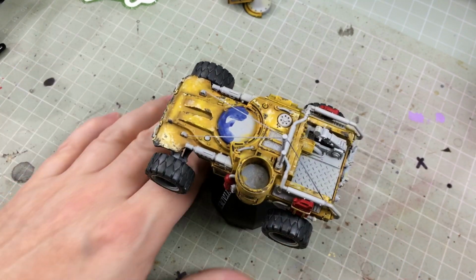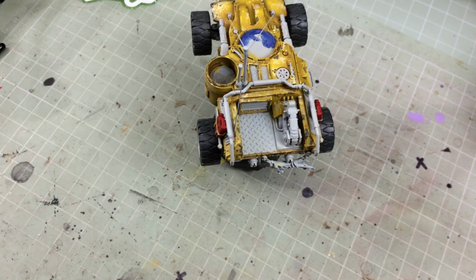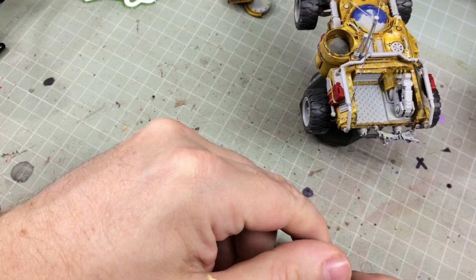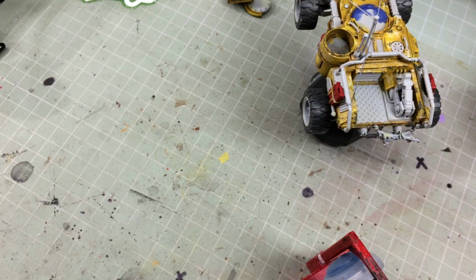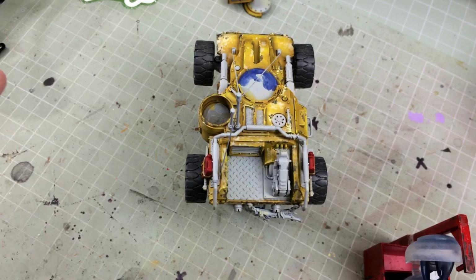So we're going to use the Space Wolves Grey. Now the trick with the contrast paints is you kind of apply them like shades. So I shall need my dad's device to hold this in. The trick is to apply them, well, I mean, you don't have to, but for the best effect, you apply them a bit like a shade. You basically pile them on, and like a shade, it will go into the recesses, but unlike a shade, it's